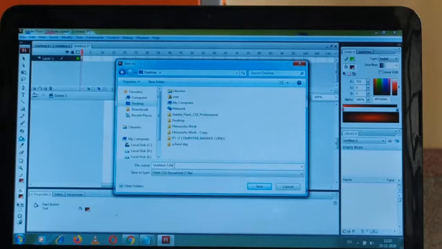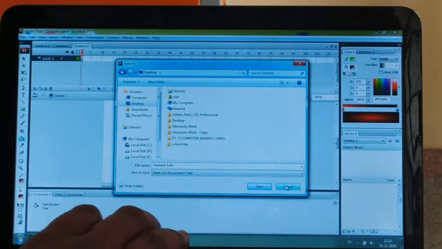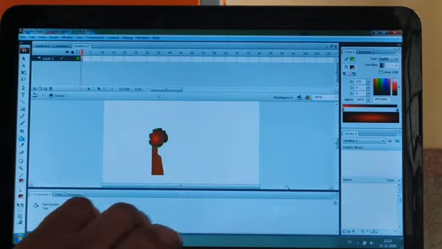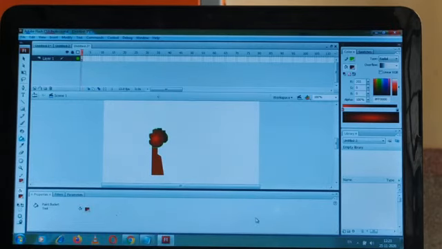Always remember, what is the extension of a Flash file? .fla. Okay. So you can easily identify such kind of file which contains the extension .fla. It's a type of Flash file. Okay. So after giving the title of your file name, you can save it as per your position. Currently I am not saving this file. Okay, so this is all about today.